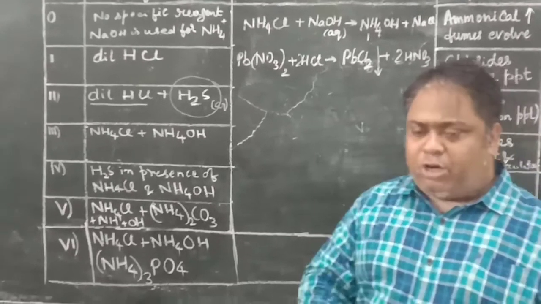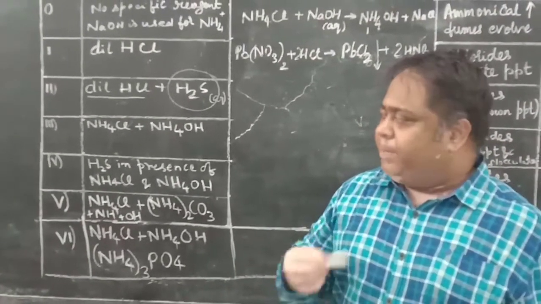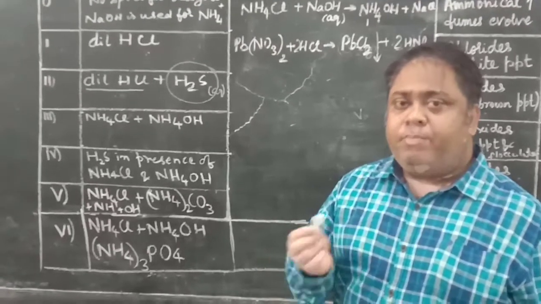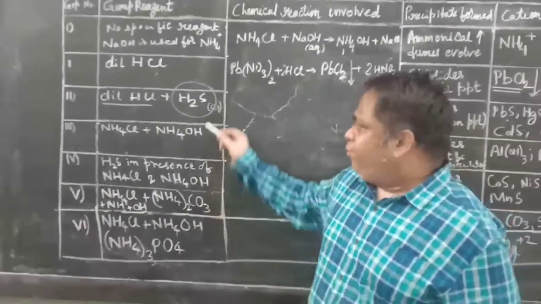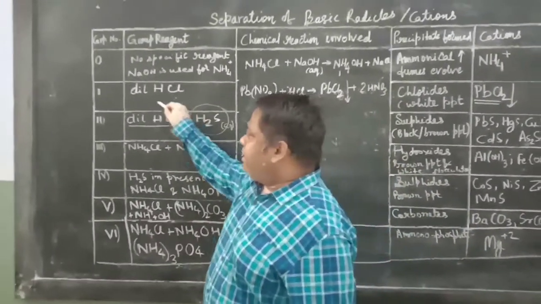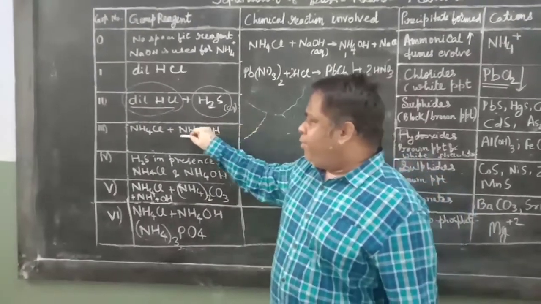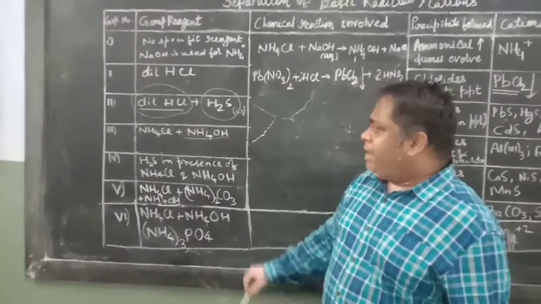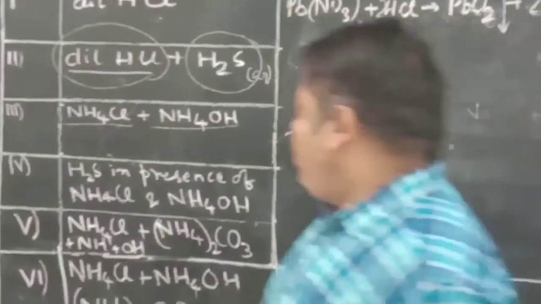If you have enough salt with you, if your teacher allows you to use ample salt, prepare the original solution once again. But if you have only a trace of salt, then you have to boil off the H2S, then neutralize the acid with ammonium hydroxide and then add a pinch of ammonium chloride. On doing so,